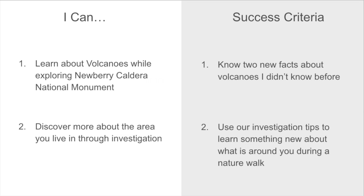Today we have two big goals. The first goal is to learn about volcanoes while I give you a virtual tour of Newberry National Monument. The second goal you have is to discover new things about the area you live in through investigation. You'll know you were successful with these two goals if you can say at least 2 new facts about volcanoes